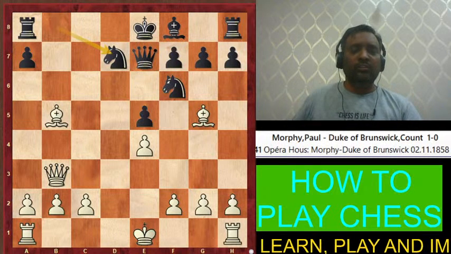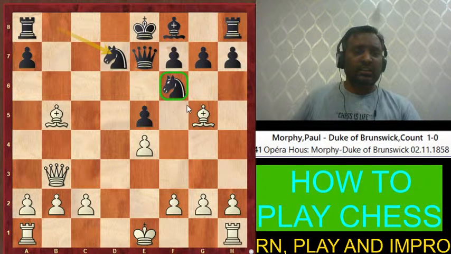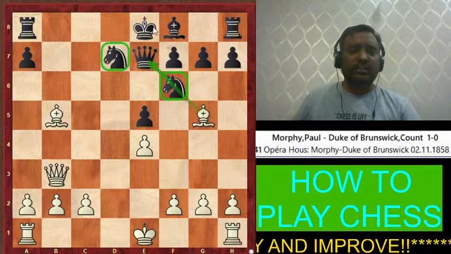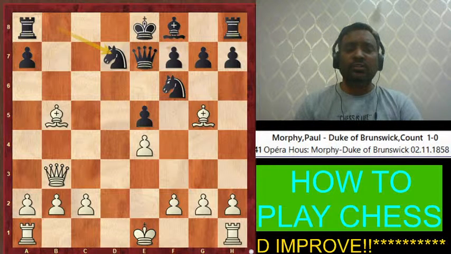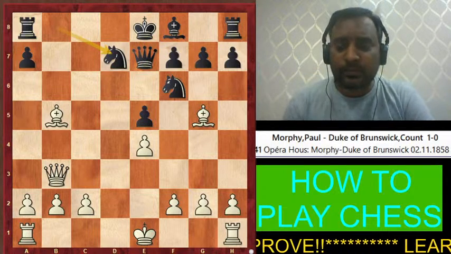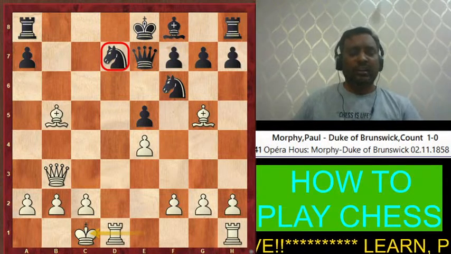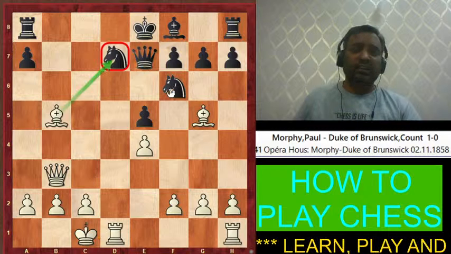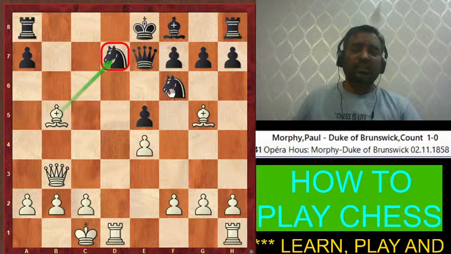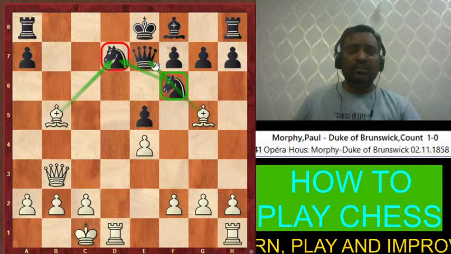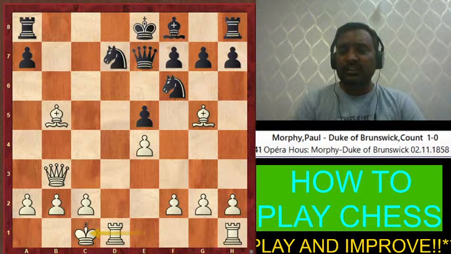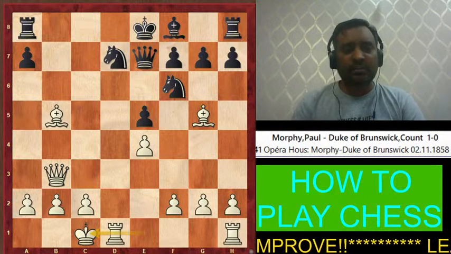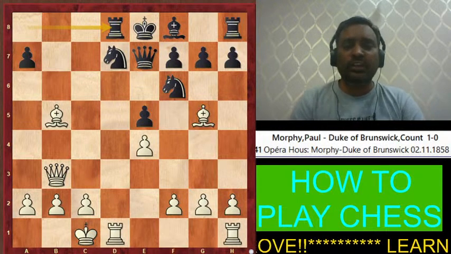Okay. Now remember the black's position. This knight is pinned by the bishop. This knight is also pinned by the bishop. So therefore Morphy thought, why not to attack the pinned piece? So therefore he did the castling. And remember that now he is attacking this weak knight. Now even though this knight is defended, but there is a further attack. So therefore the black's position is completely gone. The black position is completely gone, and they decided to support the knight by playing rook to d8.